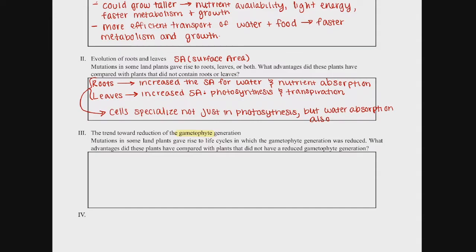To define gametophyte for number 3, sorry, we're jumping back. For number 3, I just want to define gametophyte so that when we move forward, we're all on the same page and we have an understanding. So a gametophyte is basically